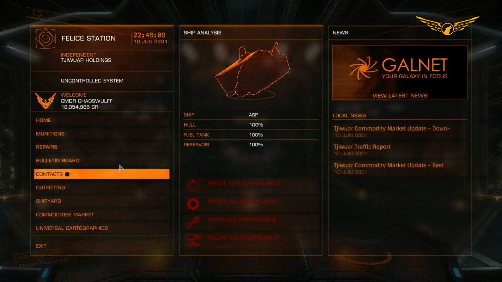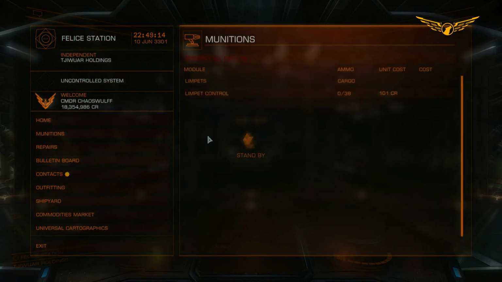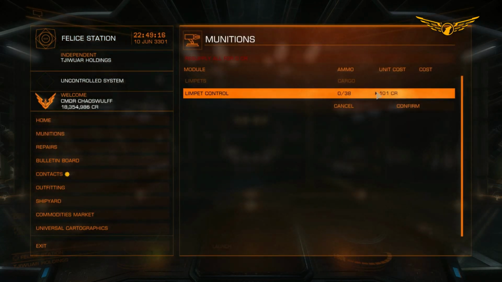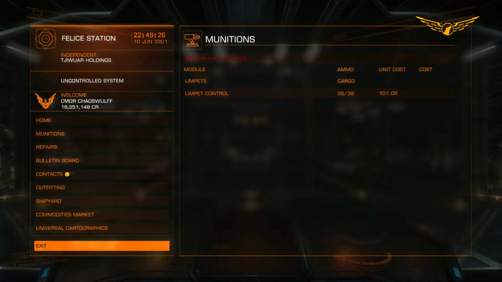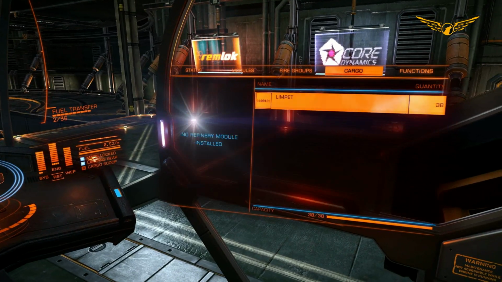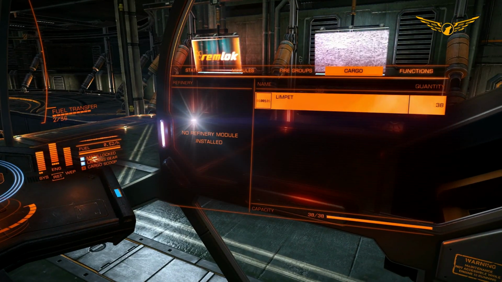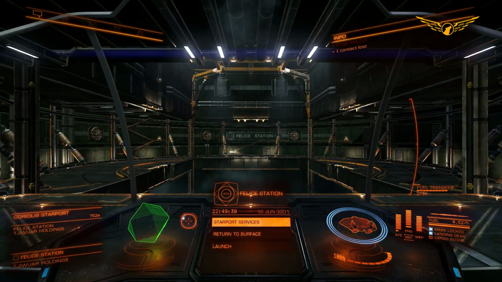And then the next thing we're going to need to do is go into munitions, and go and stock up on drones or limpet controls. There we go. So let's completely fill up on those. Now the thing you've got to bear in mind here is that those limpets do actually take up cargo space. So in order to use any type of drones you do need cargo space,